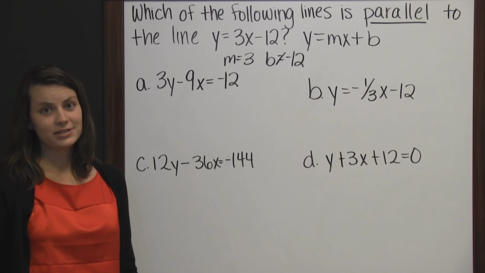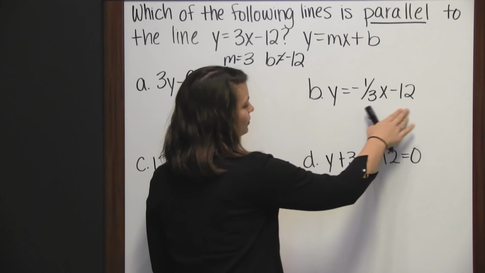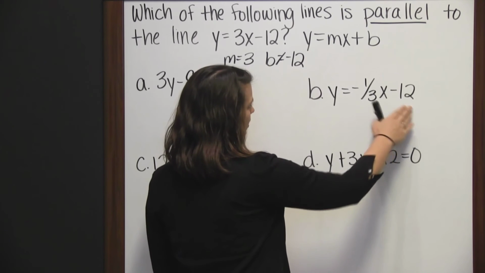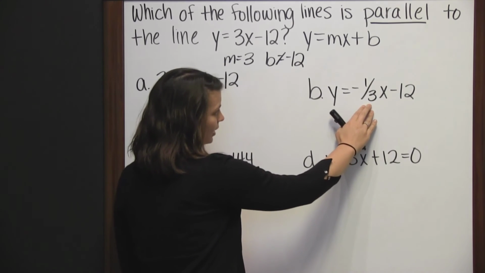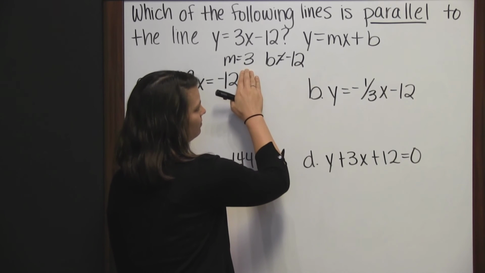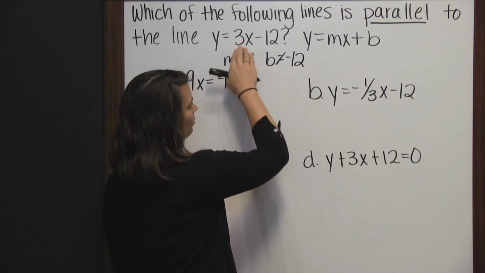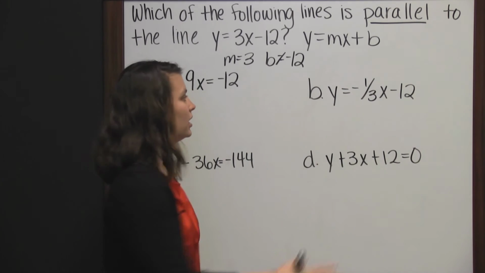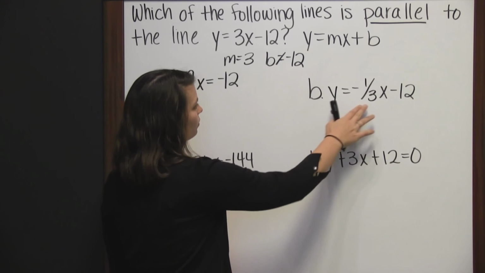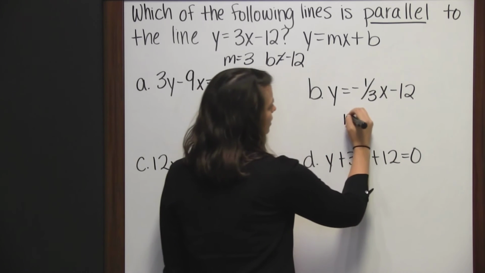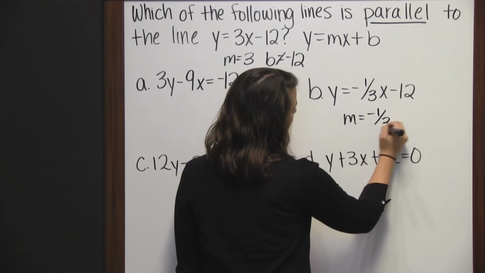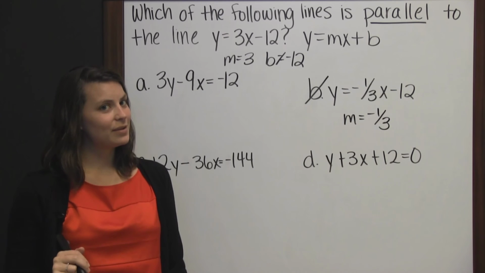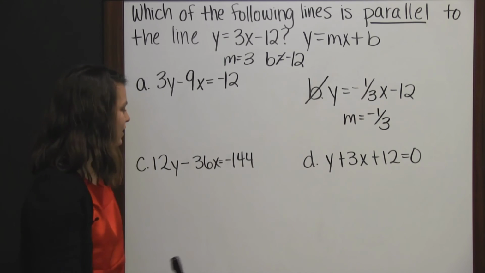Let's look at B first, because B is in slope-intercept form. y equals mx plus b. As you can see, our m, -1/3, is not the same as our m from our original line. And again, m stands for slope, and our slopes have to be equal for our lines to be parallel. Since this slope is -1/3, it is not parallel to our line. So we've already eliminated one answer choice. Now let's look at